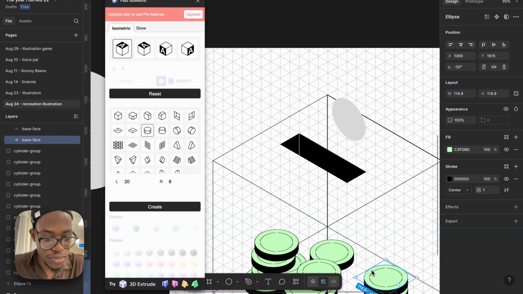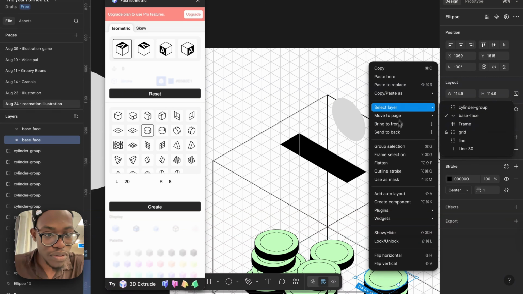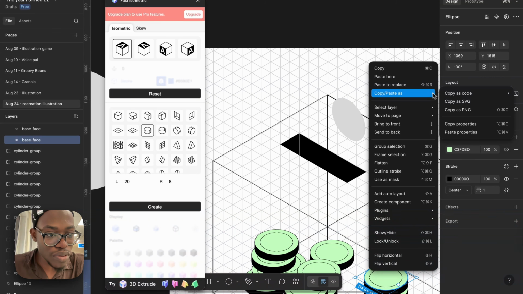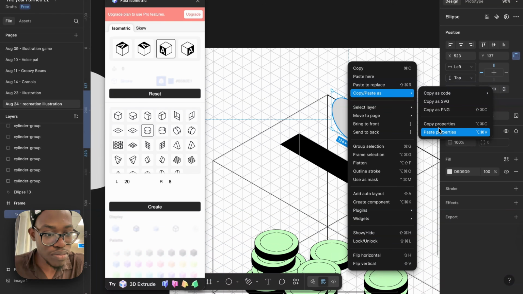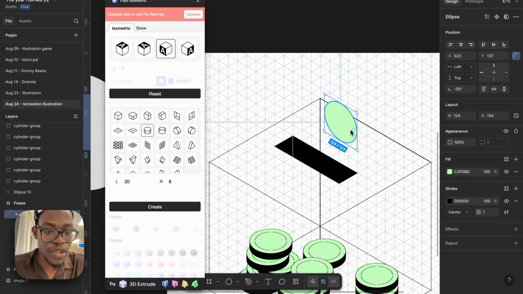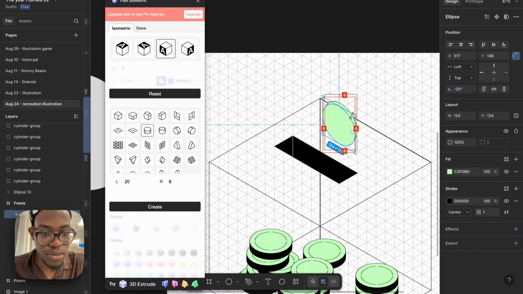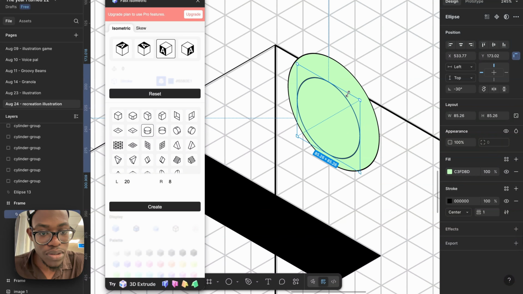Where's the color of this one? There's a way to get the color: copy styles, copy properties, paste properties. Yeah, that's it. So I'm going to duplicate again, get smaller again a bit,